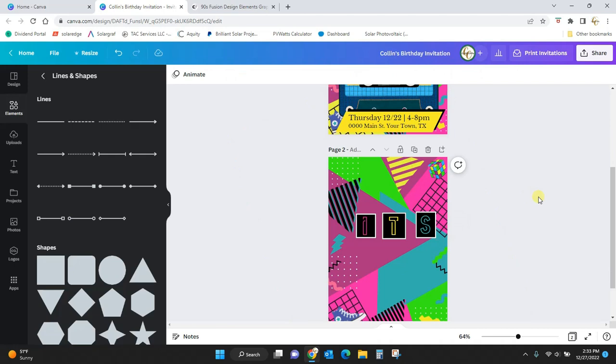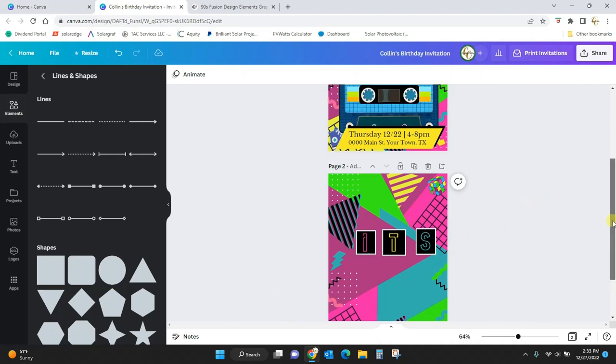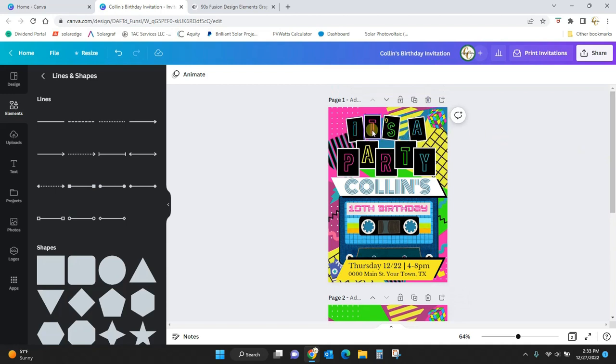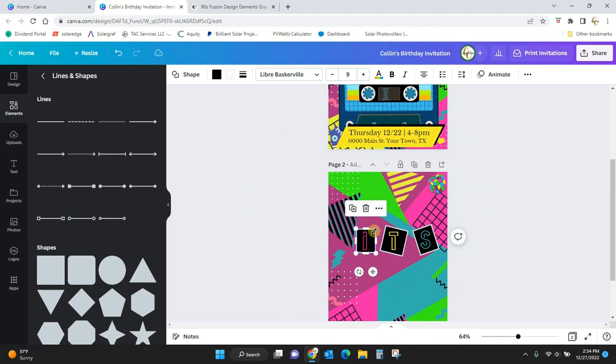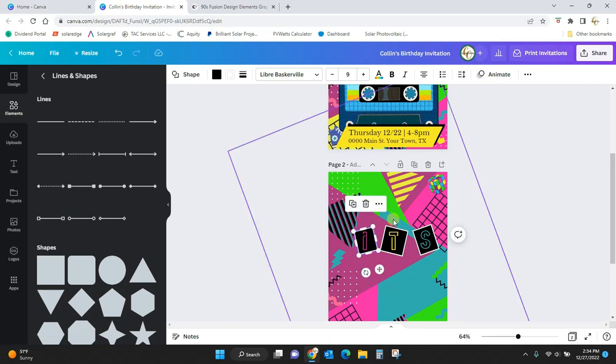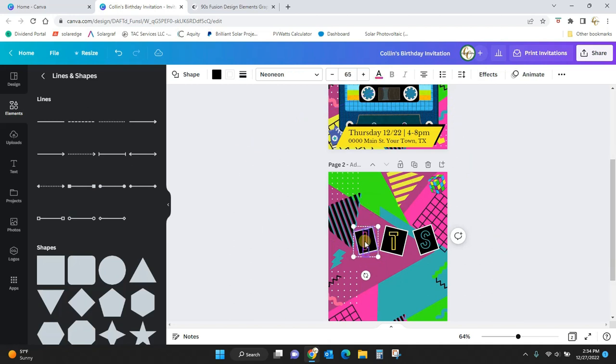Okay, it's coming along. Now you can see with these, I kind of tilted the boxes around, but I left all of the letters straight. So you just select your box, and tilt it, and tilt it, and tilt it. And then you want to group your box and your letter together. So this box is highlighted. I'm going to hold Shift, select my letter,